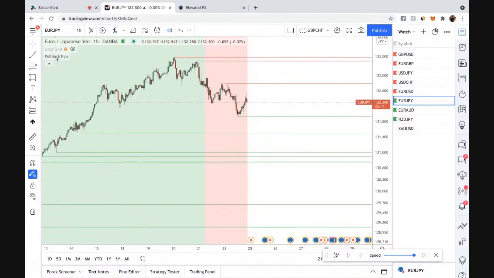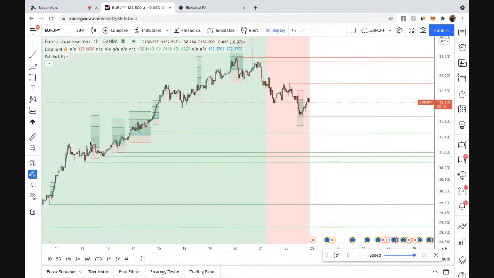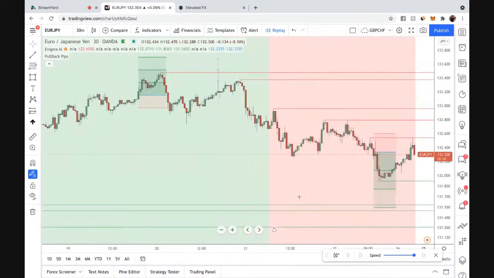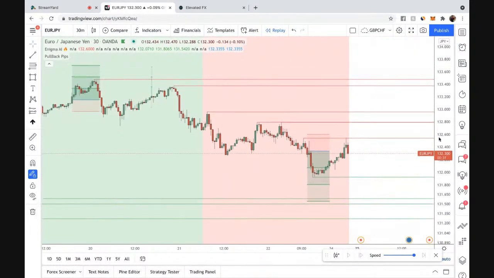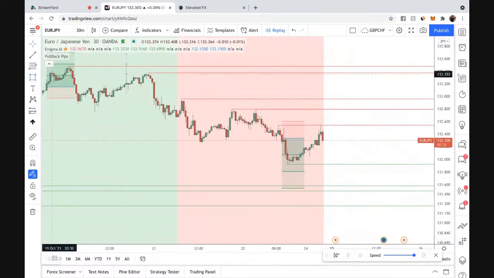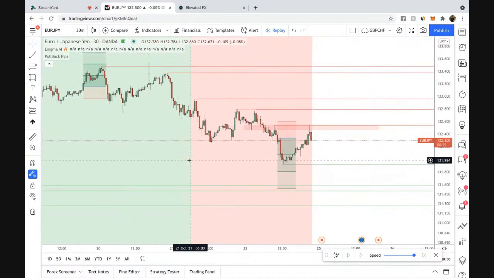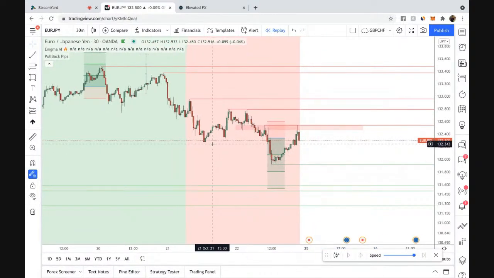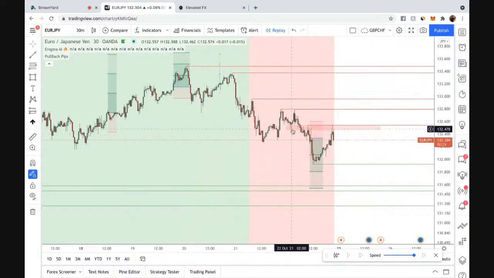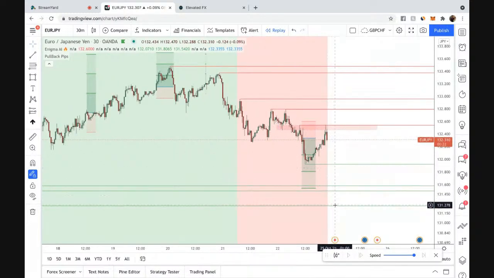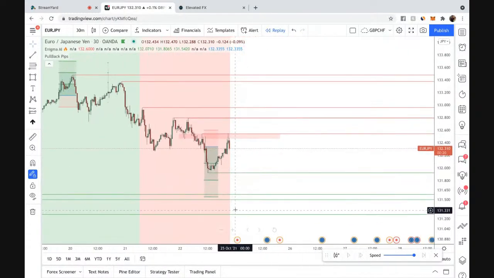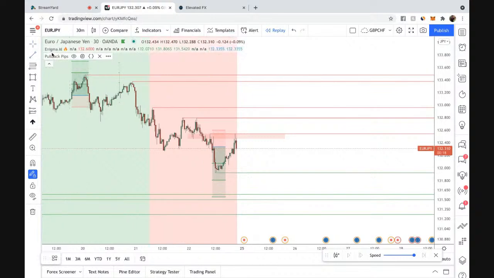So looking at EJ, I believe Enigma gave us a selling setup. We do have a selling setup on Enigma, right? This one's interesting because if you notice, this is where it gets interesting. What did we already start to do? Reject off of that area of structure. So my question is, does EJ at least want to stay under? Because we do have some nice structure area to push it to, right? This one's actually not too shabby, right?